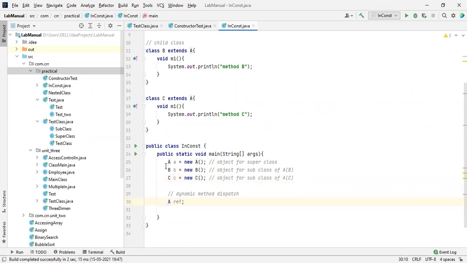Here I created A's object. I'm going to consider the superclass object A, and I'm going to create a reference, so that now I'm using this reference to call upon this method.